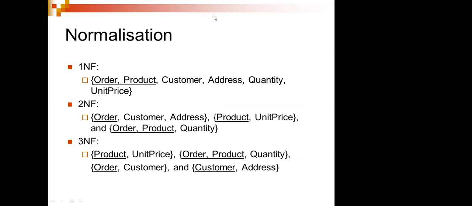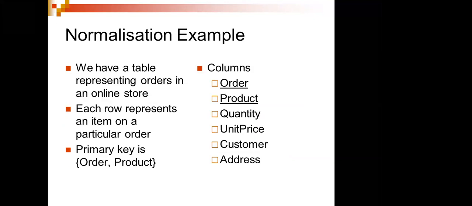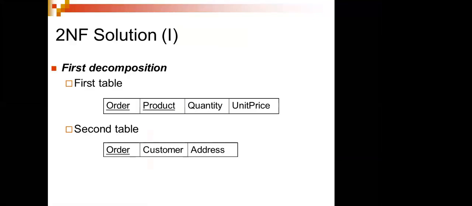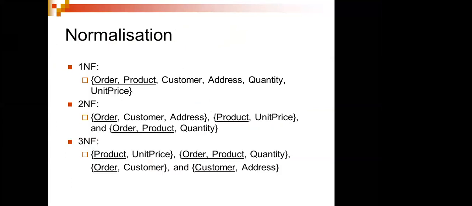Either you can follow this or you can follow this particular option. You can go like this by explaining the normalization with example. So this is how you have to do it. Finally you can write that normalization has this many columns. Then when you come into the second, it has been split. Here we have order and products, two identifiers, so I made it into two different tables. So you see here: order, product, quantity; order, customer address; product and unit price. Coming to the third, I have split it like this. This is how you are going to do it.